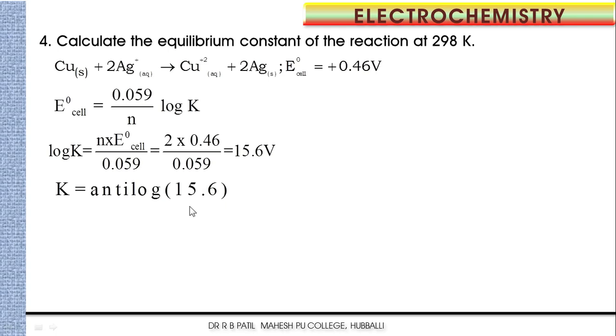So in the previous case we have seen that log 4 is 0.6020, so this is nearly 4. Okay, so nearly 4, 3.98 into 10 to the power 15. For the exam, what you have to do? 0.6 anti-log means, you know, log 4 is 0.60, anti-log of 0.6 is 4. Okay, near to that one, that is 3.98. Like that you can get the answer. Okay, now let us move to the next question.